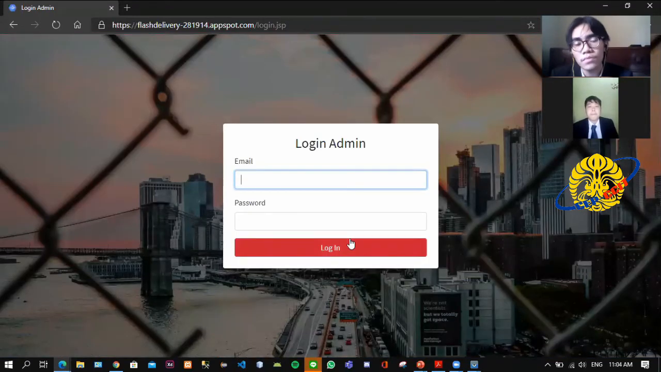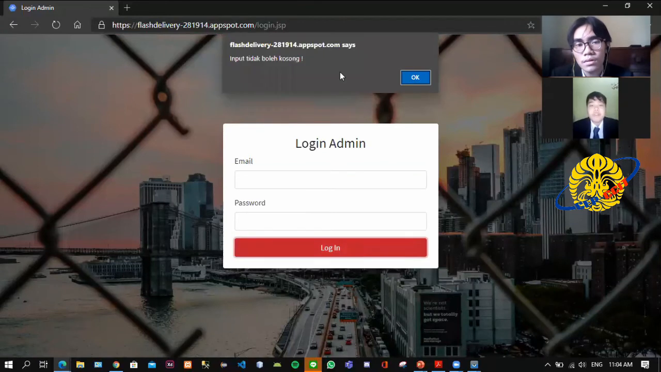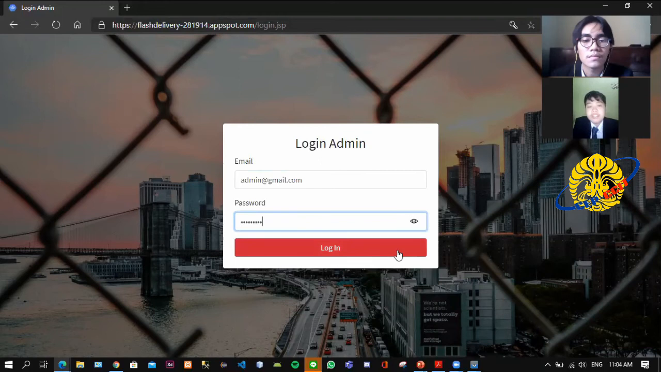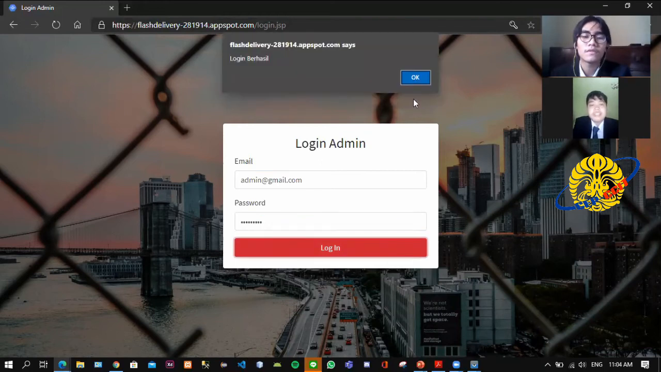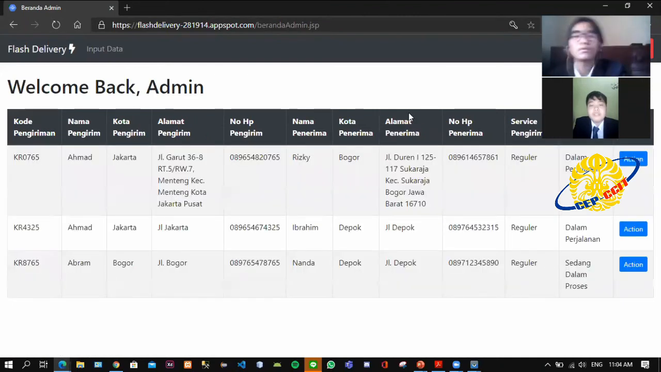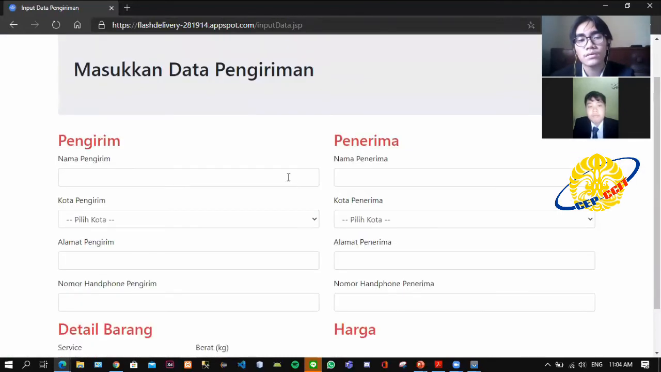If we don't input an email and password, it will show us a notification that the inputs should not be empty. So if we put in the correct email and password, it will notify us that the login is successful. And then we'll be redirected to the home page. On the home page, there is a table that contains the delivery data. So we input the data,